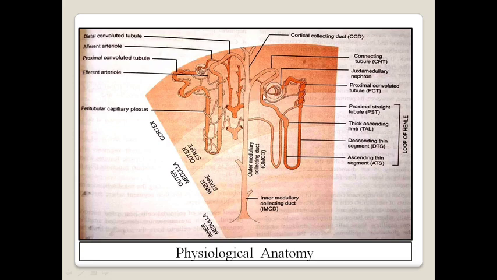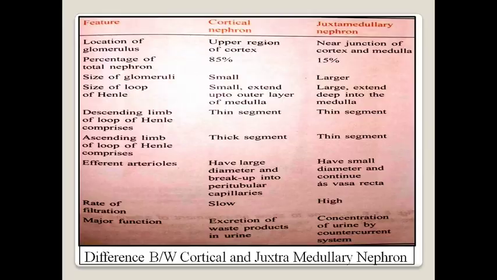And here in the DCT there is the macula densa, between the afferent and efferent arteriole. So the macula densa senses the increased concentration of sodium chloride in this channel. It will give a signal to the afferent arteriole that you have to constrict because renal blood flow has increased. So the afferent arteriole will constrict, and it will reduce the renal blood flow. So if pressure changes from 80 mm Hg to 200 mm Hg, this tubuloglomerular feedback mechanism comes into the picture and controls the renal blood flow to the tissue. That's how this autoregulation mechanism is controlled by the tubuloglomerular feedback mechanism.